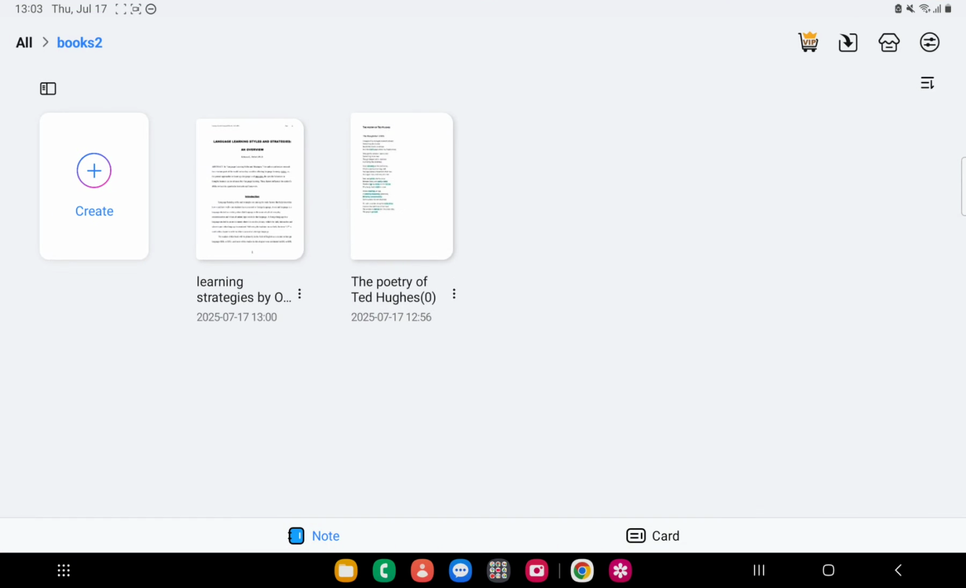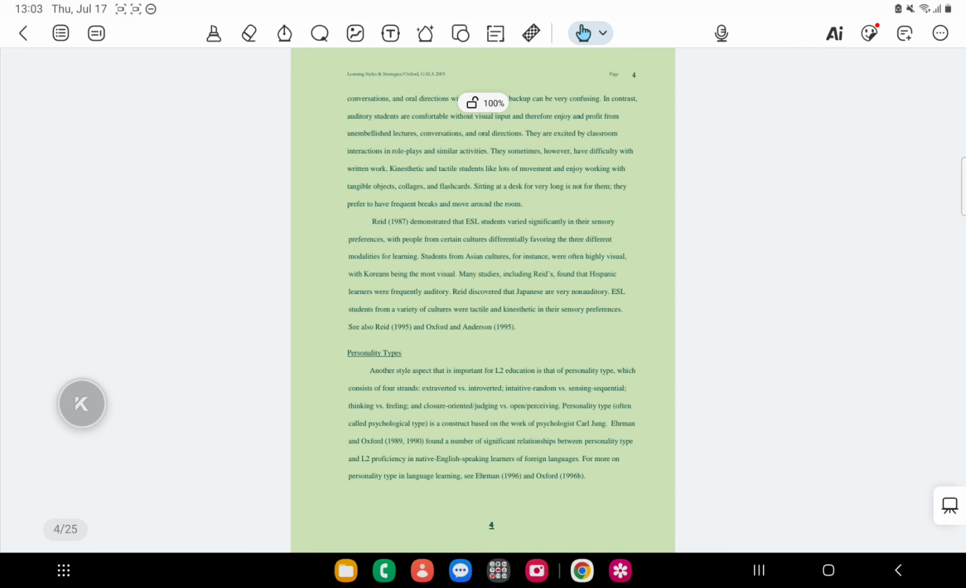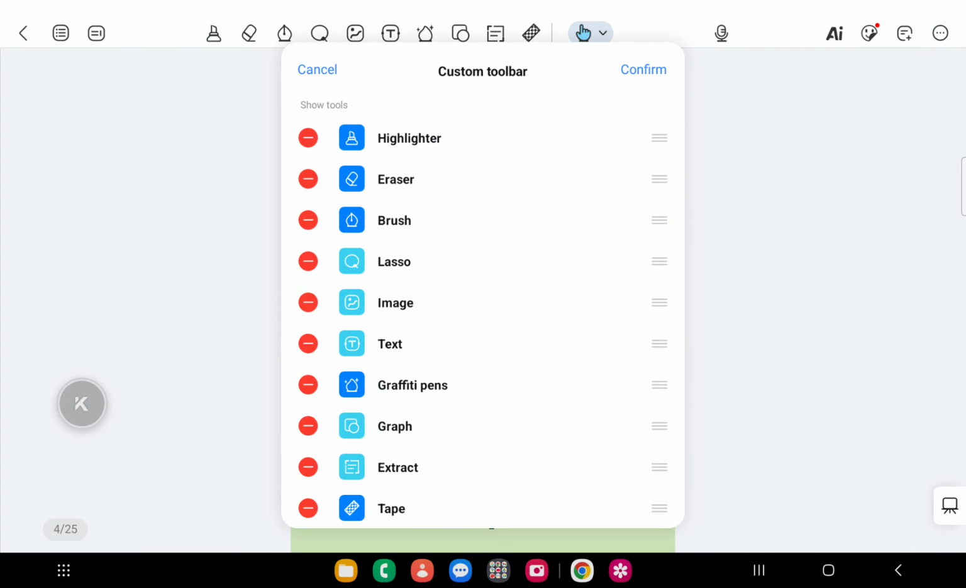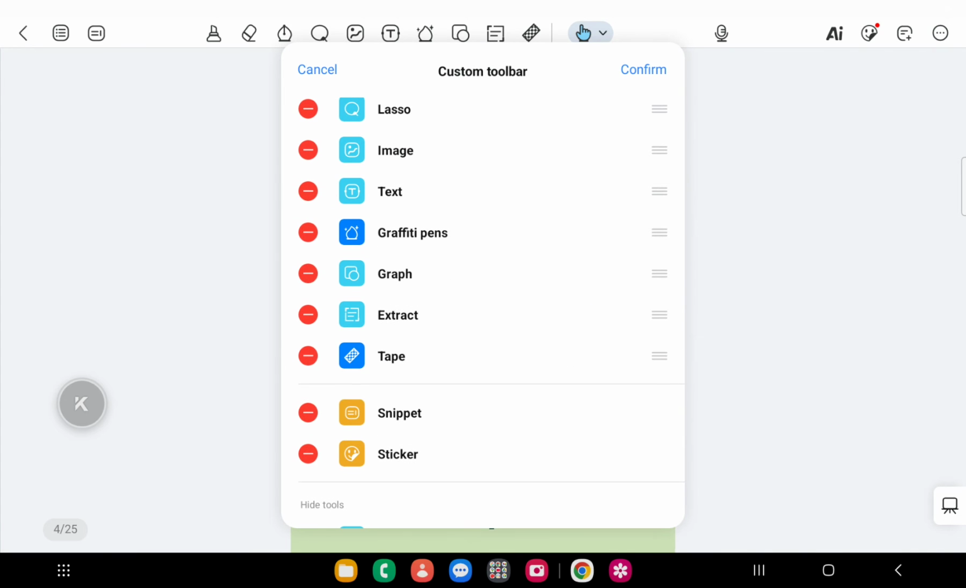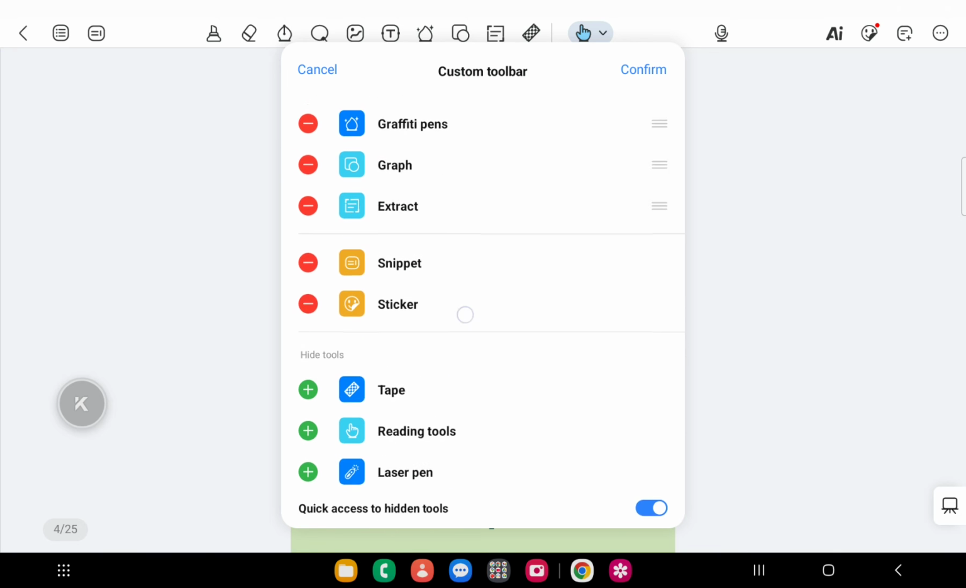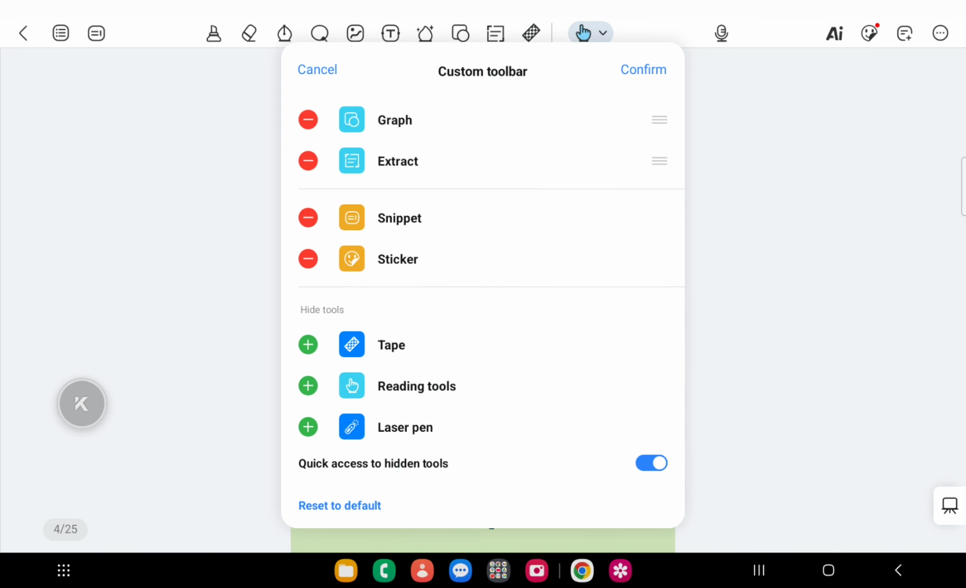Just open the app and choose one of your documents, it doesn't matter, and then click on the three dots on the right. Here it is, and now go to Custom Toolbar. Now you can remove tools by clicking on this red icon with the minus, or you can add tools this